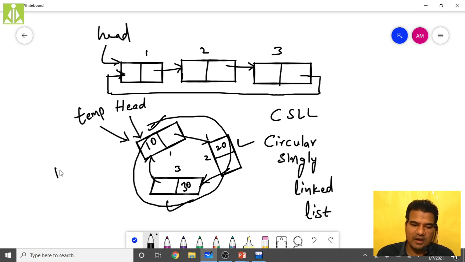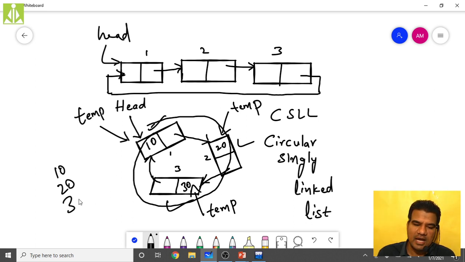After printing 10, temp comes here, because temp equals temp of next. After printing 20, temp comes here. Now temp is pointing to the third node. After printing 30, temp comes back to the head location.